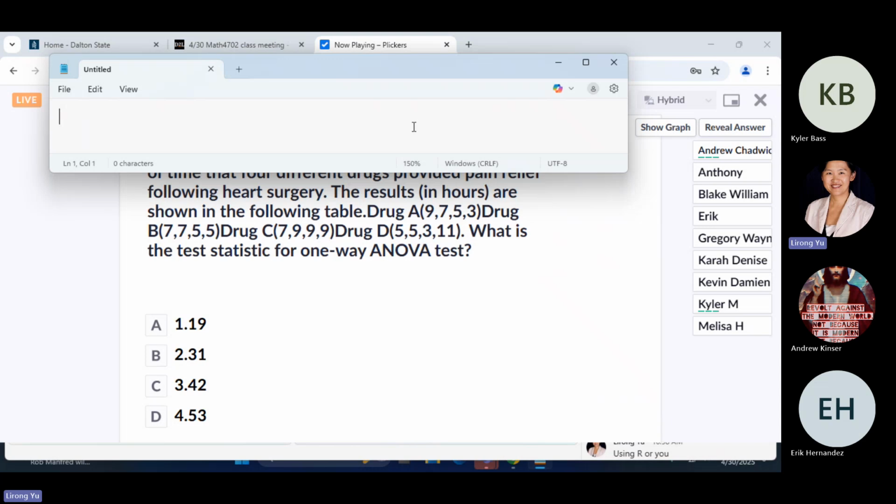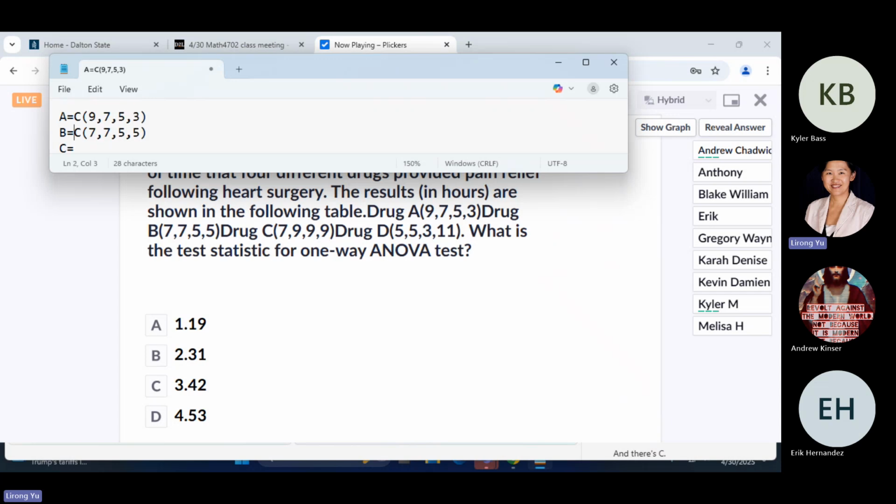You should already be able to calculate the ANOVA statistic using R, or you can calculate it yourself. Basically, the F statistic is the variance between the groups divided by the variance within the groups. So it's possible to calculate by yourself if there's no massive data. In this question, we have four numbers for A: 9, 7, 5, and 3, and then four numbers for B: 7, 7, 5, 5, and then there's C,